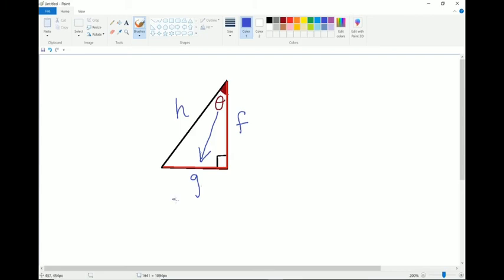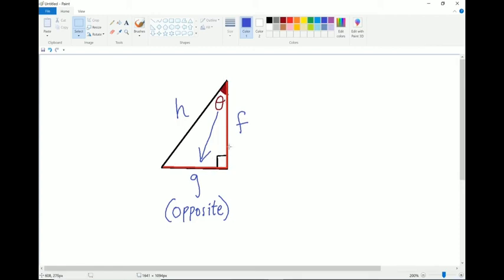Okay, so that means that this side is actually now my opposite. So the opposite depends on where the angle is located. The opposite depends on where the angle is situated in your triangle. If it's up here, then notice that the opposite is now down here. Okay, so if the side labeled G is my opposite, then that means that the other side